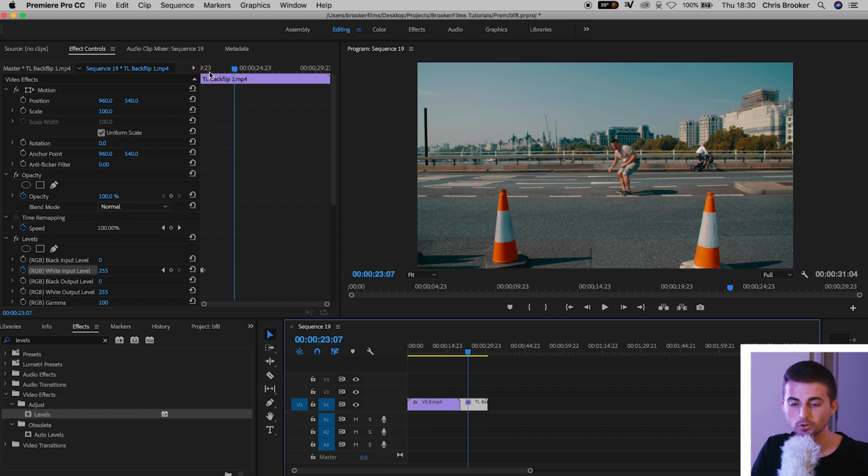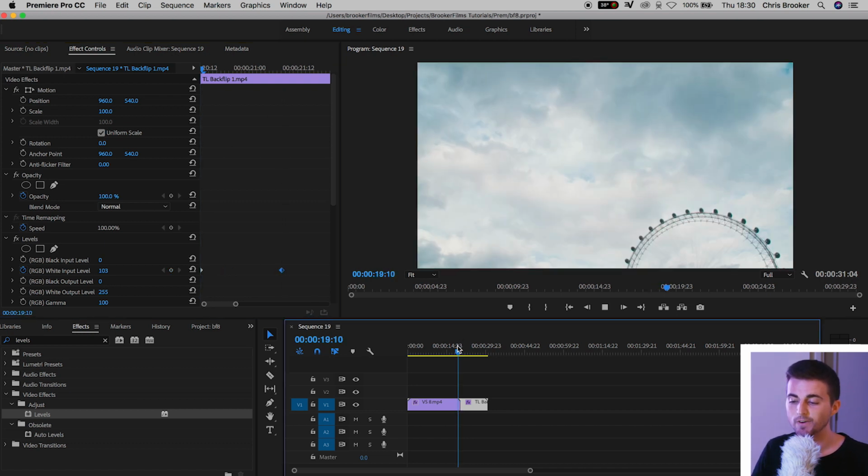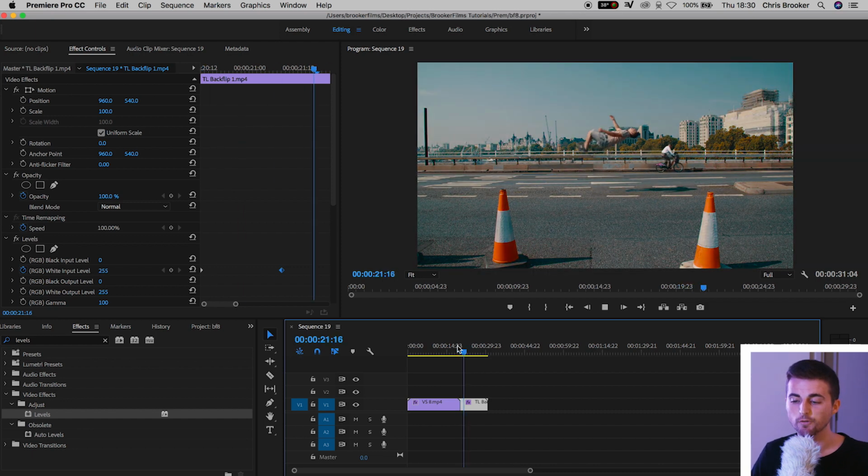Now if you wanted to extend the duration of this transition, all you have to do is select video clip 2. We'll go to the very beginning of video clip 2 and we'll just pull that second keyframe out to the right. So when we play this back, we've got flash in and then a slow flash back out.